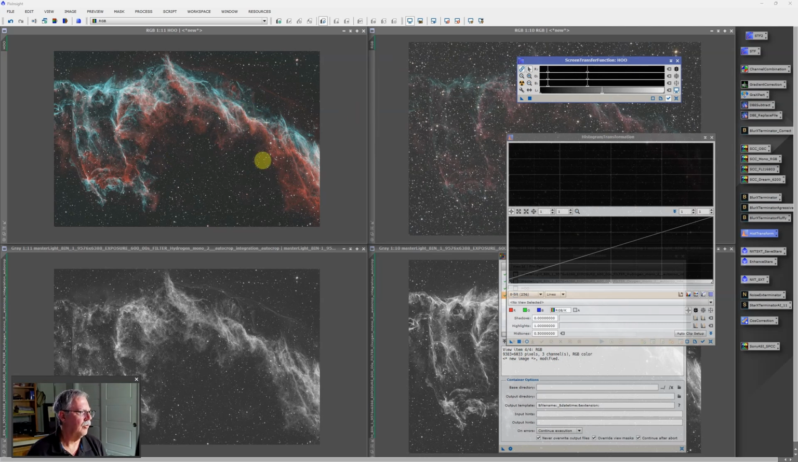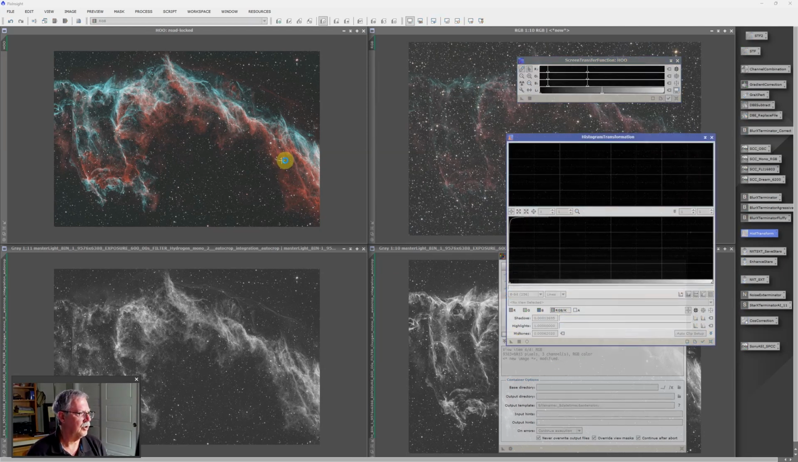So that looks okay. To apply that, I'll drag the triangle from the screen transfer function window down to the bottom of the histogram transformation tool, drop it there, and you may have noticed that this curve changed. It was a straight line, now it shows a curve, and we're looking at the composite RGB where all 3 are stretched the same. Now if I just click the solid square to apply it, this image will turn white, and that's because